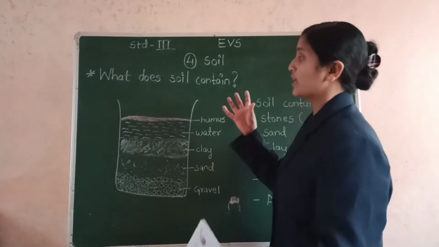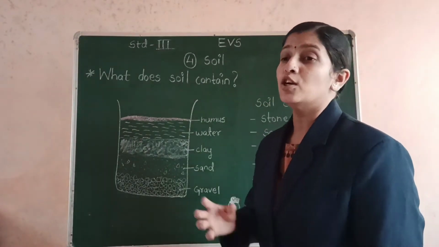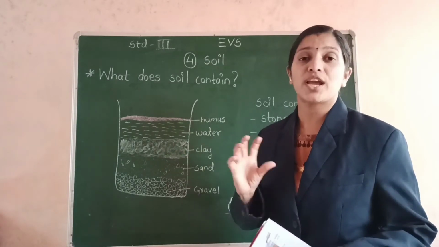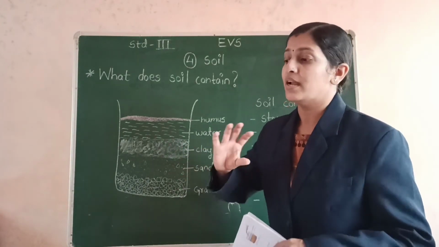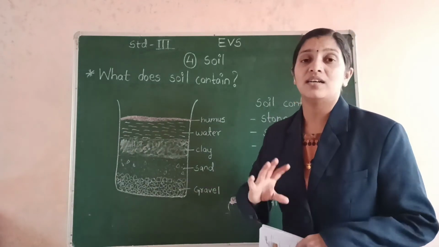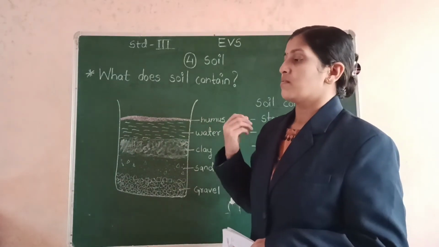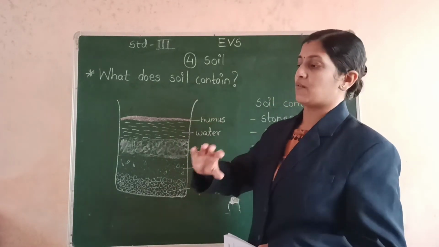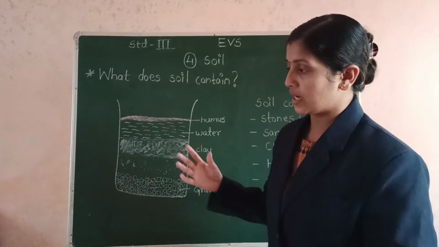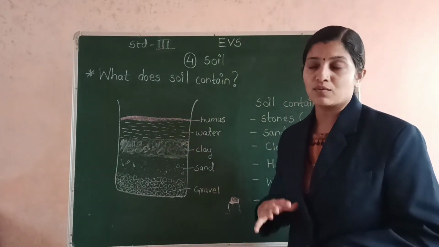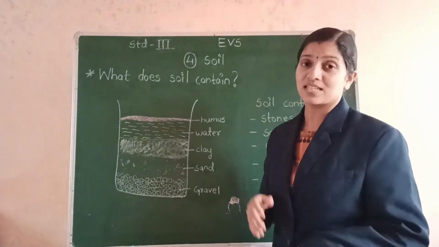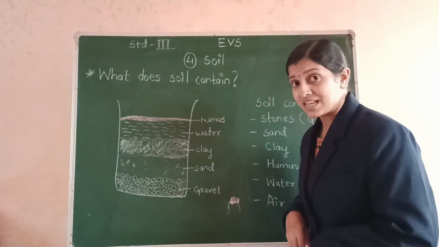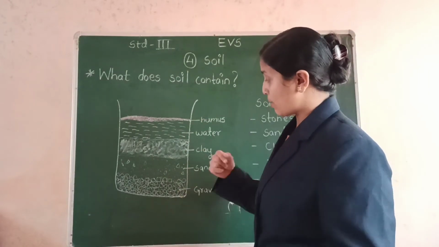What you have to do is take some garden soil into a jar, pour some water into it, cover it with its lid, shake the jar for some time and keep it aside undisturbed for maybe half an hour or an hour. After that time, when the water gets settled, when all the ingredients in it get settled, you can see there are layers. What are these layers? You can see such layers.